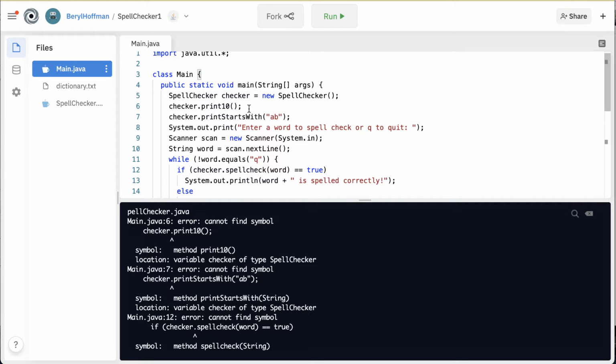So what it does is it creates a new SpellChecker object called checker. And we'll get to the SpellChecker object in a second. But the SpellChecker calls print10, prints starts with AB, and then it says enter a word to spell check or Q to quit. And what it does is it